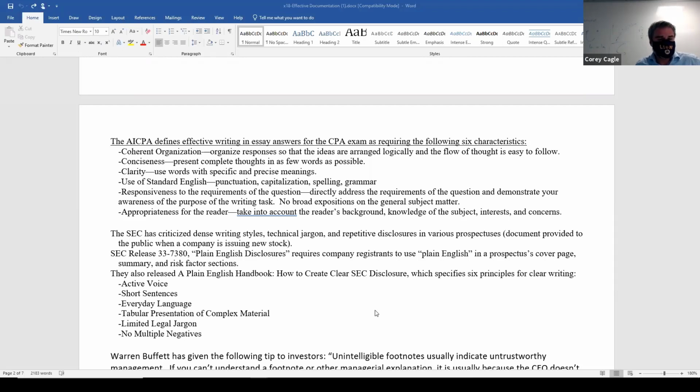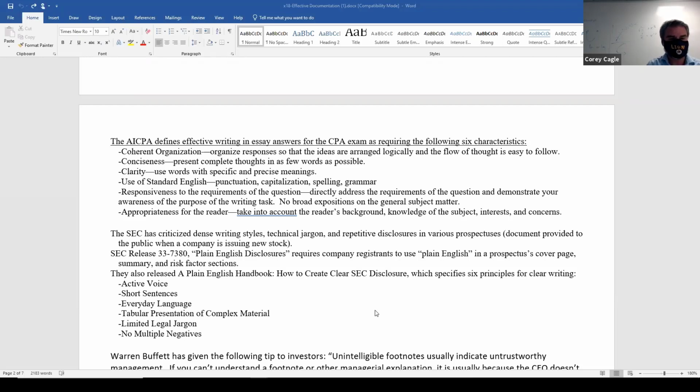Standard English, capitalization, spelling, grammar, punctuation. Somebody didn't capitalize one of their sentences. They started out with a lowercase letter at the beginning of the sentence. That tells me, if we're in the real world, how much attention to detail has gone into answering this question if you don't capitalize the sentence. Right? I know you're supposed to capitalize it, but you didn't. How much time do you spend on this, right?